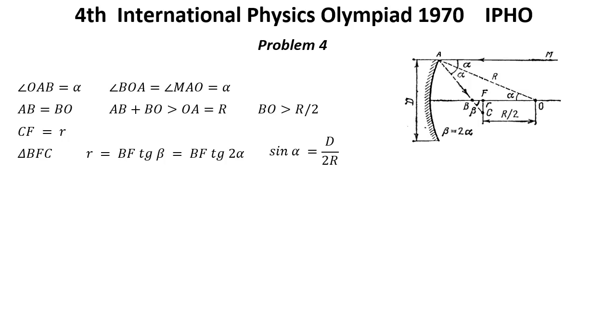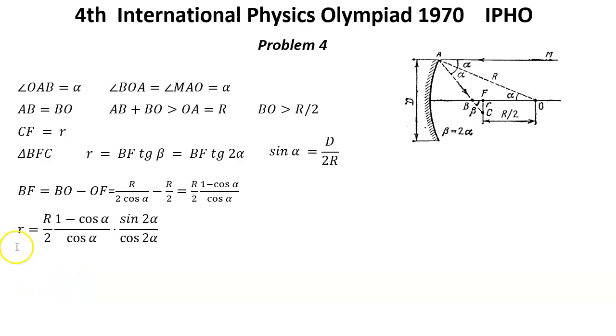So from here we have such expressions: BF equal BO minus OF, which is equal to R/2 over cosine alpha minus R/2, which is R/2 multiplied by 1 minus cosine alpha over cosine alpha. Thus, we can write that r equal this expression. Now, let's express these functions through the small angle sine alpha. We have